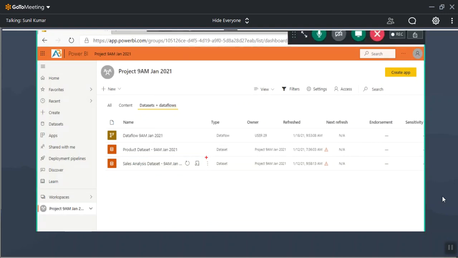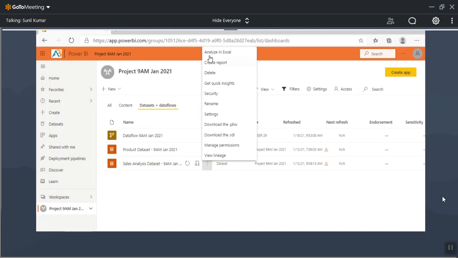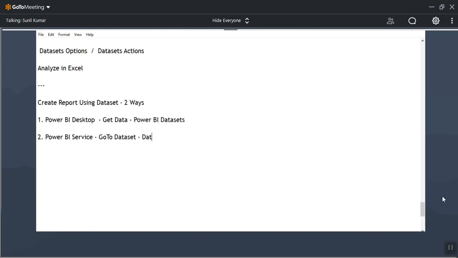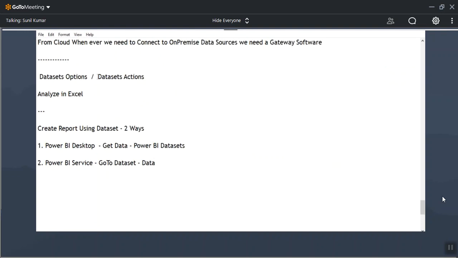Here you will find three dots, more options or data set options. You need to go to data set options or actions, and there you will find create report.